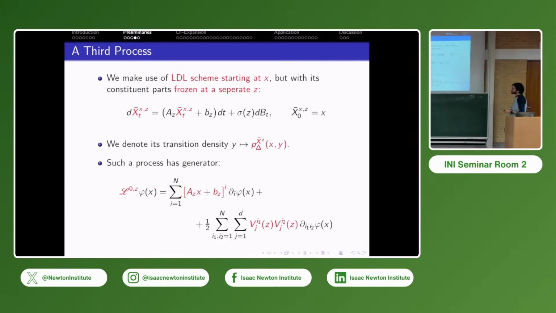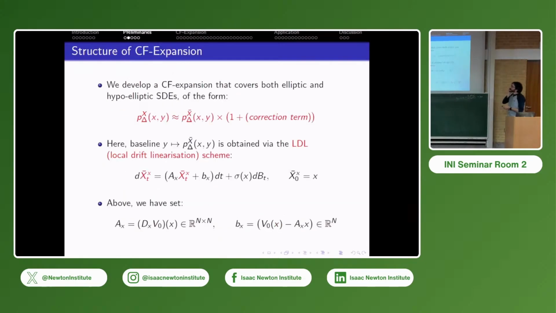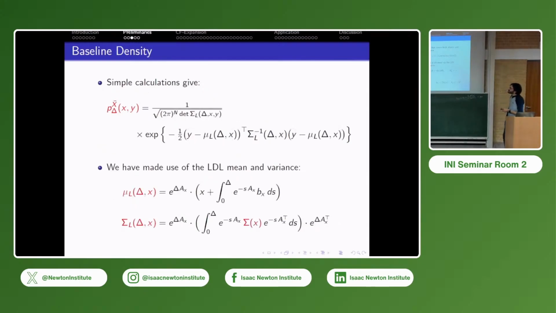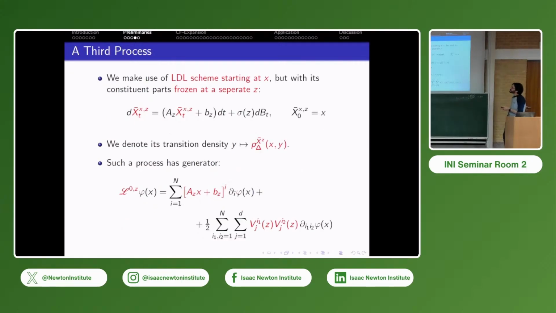All right, so you linearize the drift and you freeze the diffusion coefficient at a constant. Yes, exactly. All right, so there is a small trick that people use